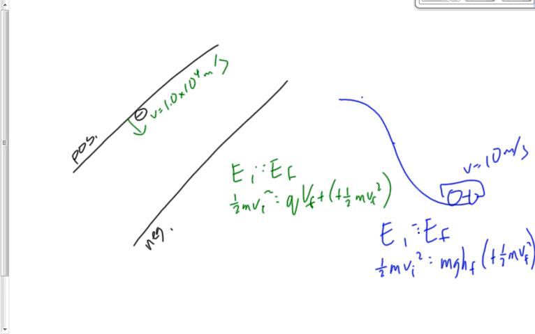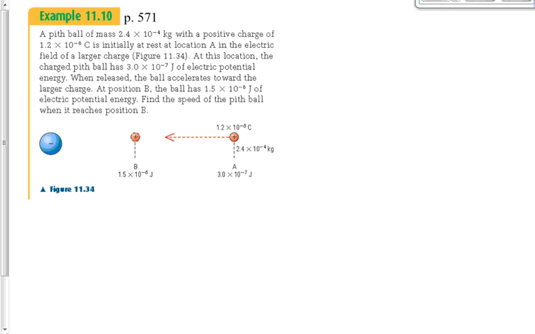All right, we're going to do a problem right now, and when you see this problem, forget about the diagram that's given in the problem, the parallel plates and so on. I want you to think of it, if the charged particle is speeding up or slowing down, as either the car going down the hill, or up the hill. Again, depending upon whether it's speeding up or slowing down. Take a look at this question. 11.10 on 571, it says, a pith ball,